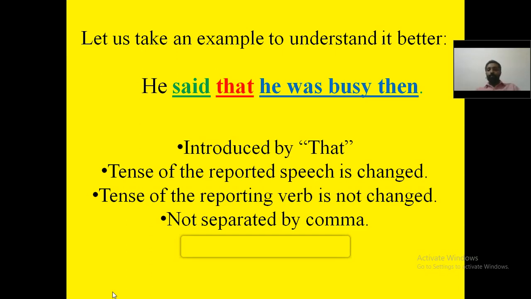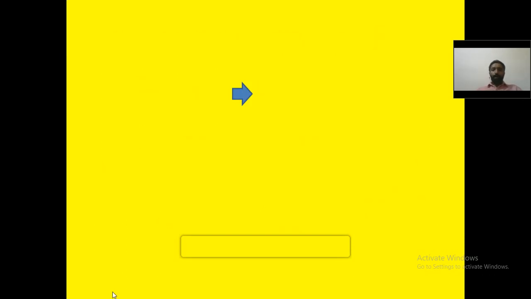The tense of the reporting verb is not changed. "He said" remains as "he said". It is not changed. It is not separated by a comma. See, in the indirect speech there is no comma. And next thing,